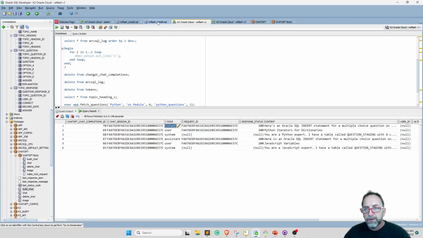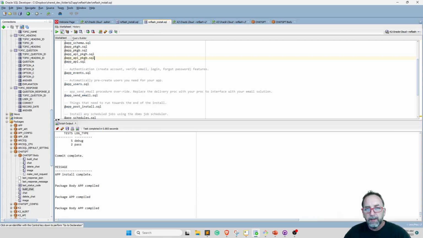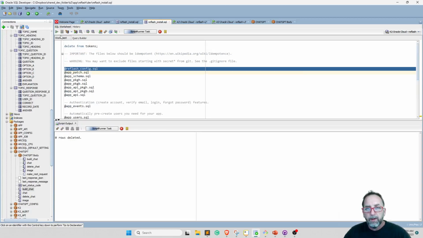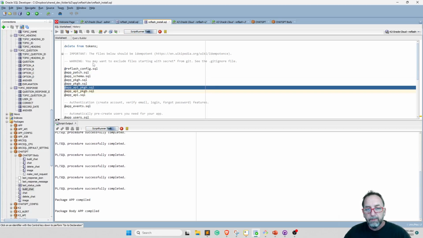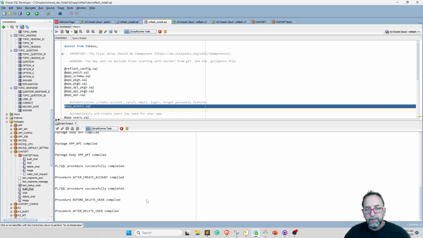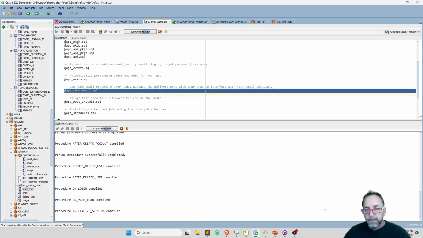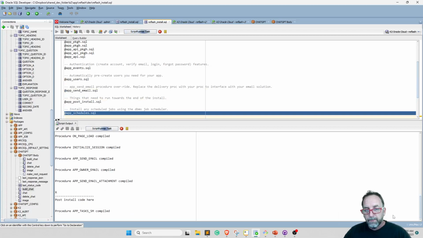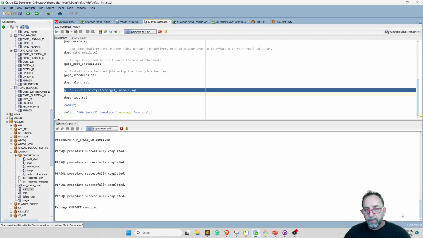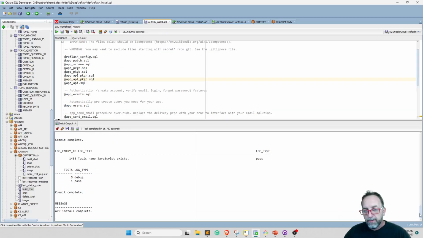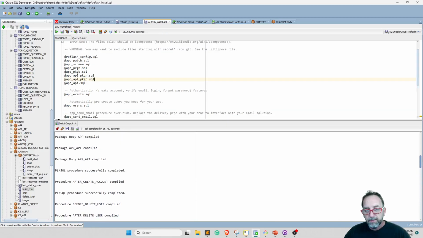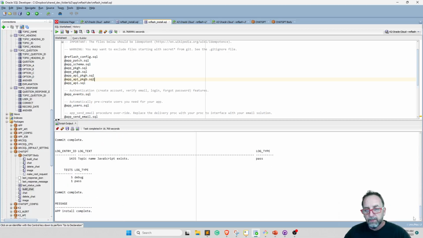Okay, let's install this. So we go to our short version of our install. Yeah, we don't need to do any updates to anything else. So this is a reflash install in our app directory. And hopefully there's no errors. And did you see any errors? I don't see any errors. Cool. All right, so in theory,